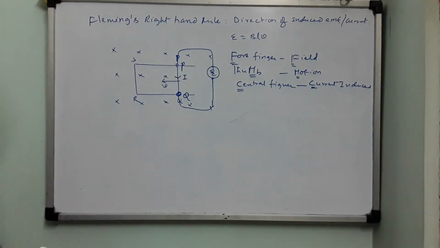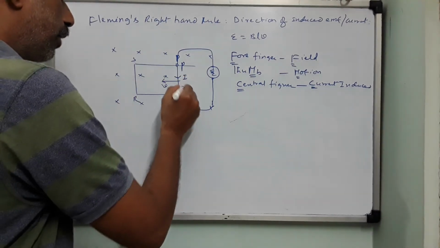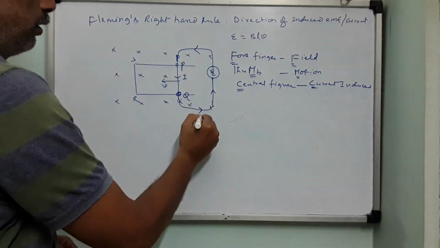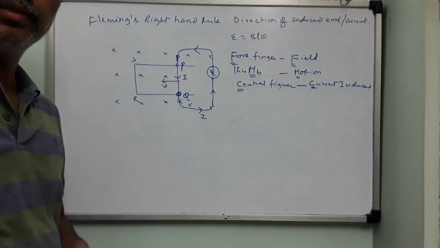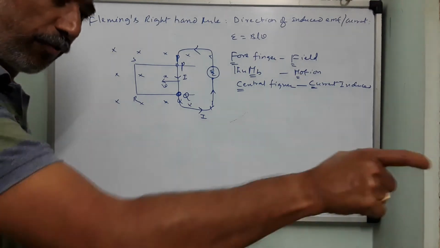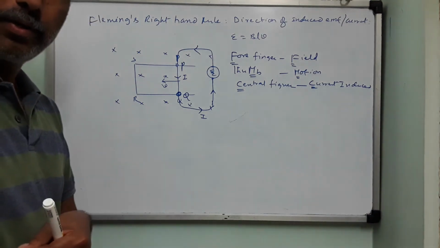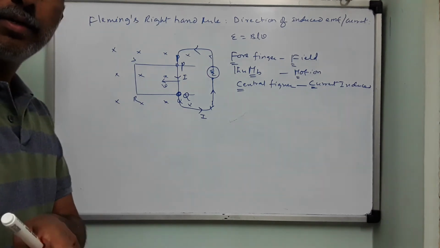So between ends P and Q, if I connect a bulb, and because of this current, it's coming downwards, it will go like this, it will go like this, it will go like this. The bulb will glow. So it's simply magic. There is a magnetic field which cannot be seen, but there is a frame. I am just moving the frame connected to a bulb. Okay, or I am moving the conductor in the frame, the bulb will start glowing.